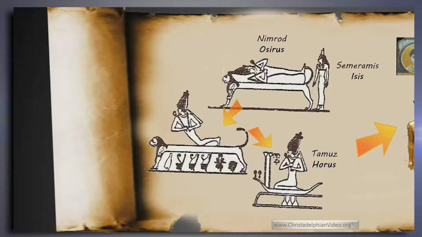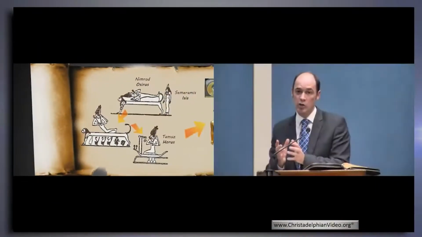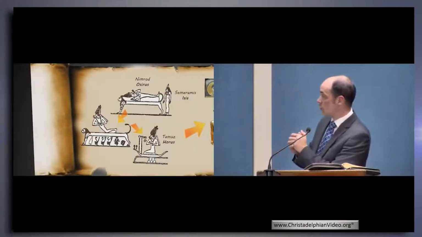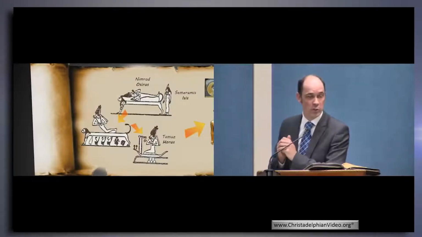So then she finds that Nimrod's coffin has been placed in a tree, in this magic tree of, should we call it a tree of life? And so this magic tree has taken the coffin inside it. So she cuts the tree down, and it's been floating in the Nile. She pulls it out of the Nile. This is the Egyptian version. Pulls it out of the Nile, and she does her magic on it. And out comes a reborn version of the old king. The Egyptian one is called Horus, but the ancient one was called Tammuz.